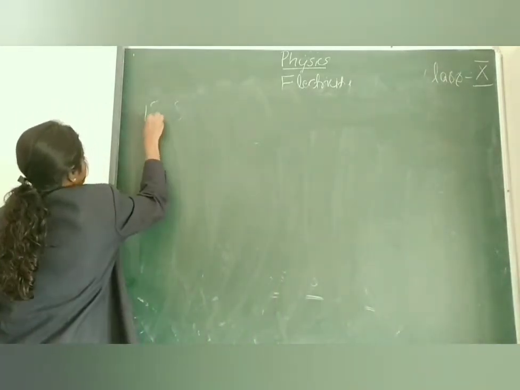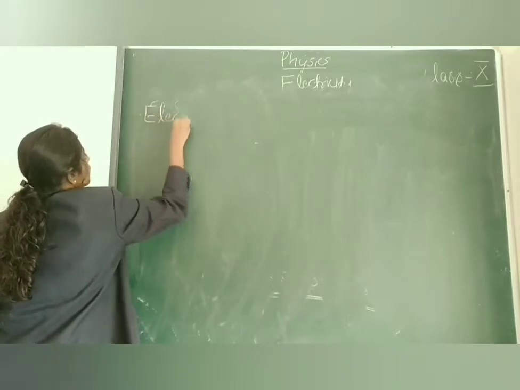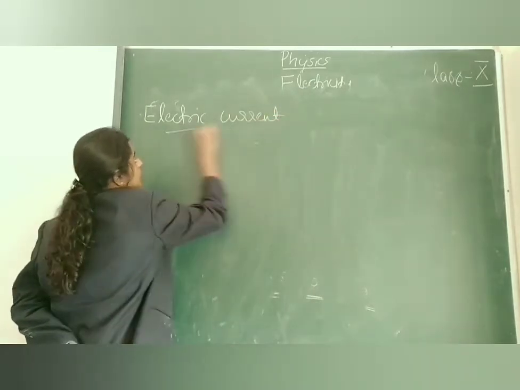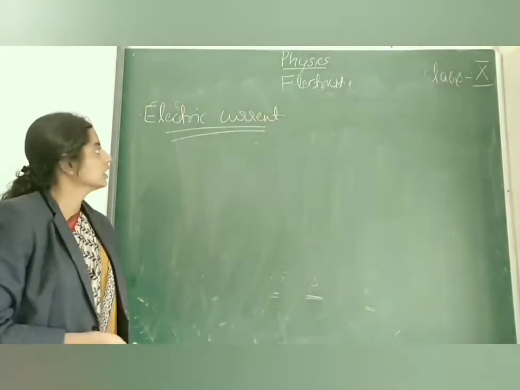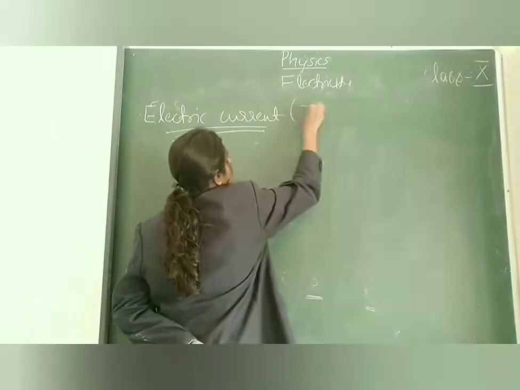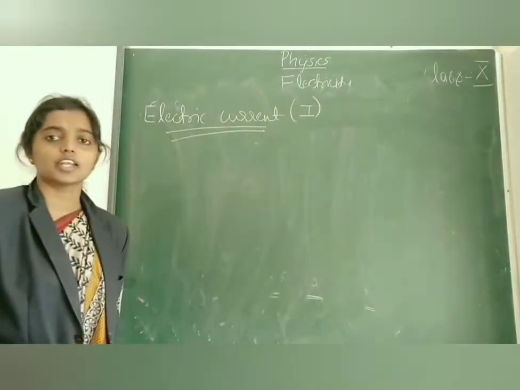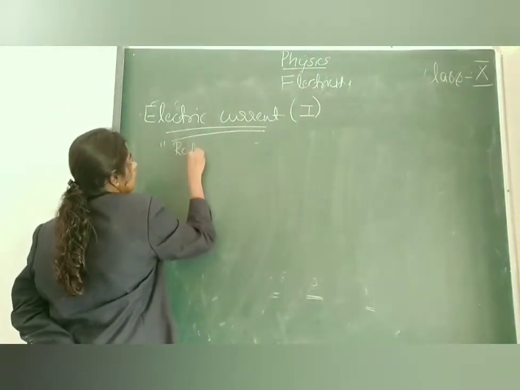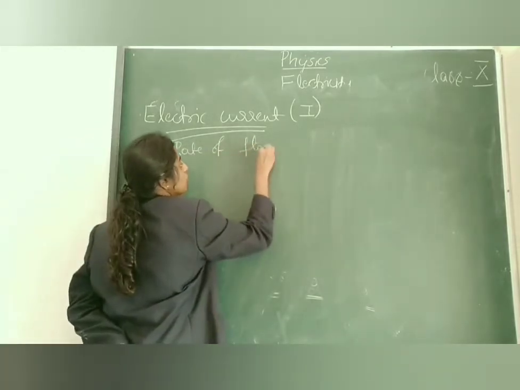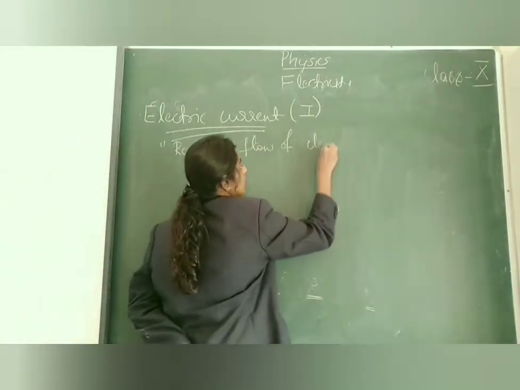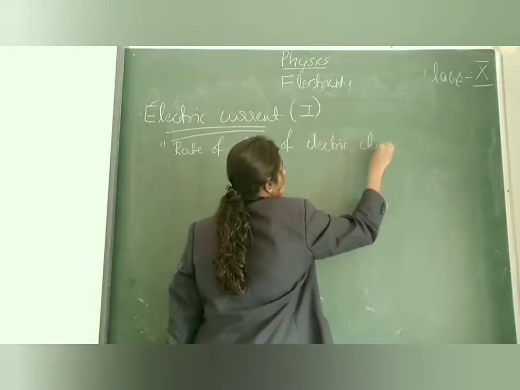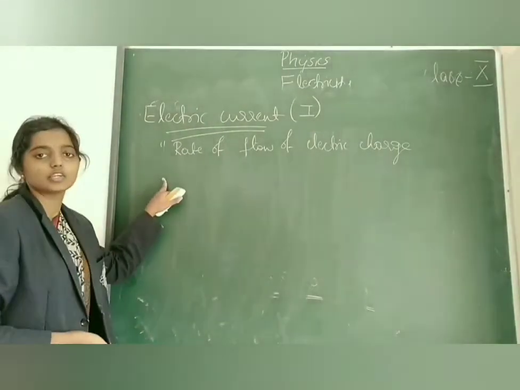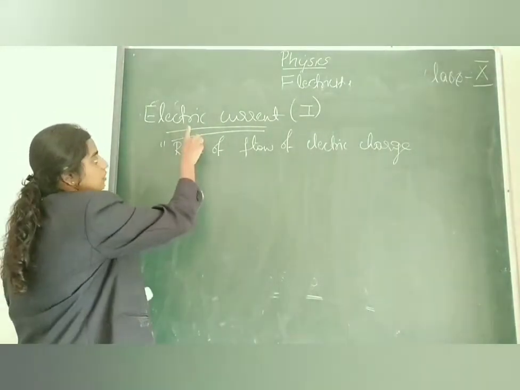Electric current. Electric current is indicated by the symbol capital I, and it is defined as the rate of flow of electric charge. The definition is almost similar to electricity. And the SI unit of electric current is